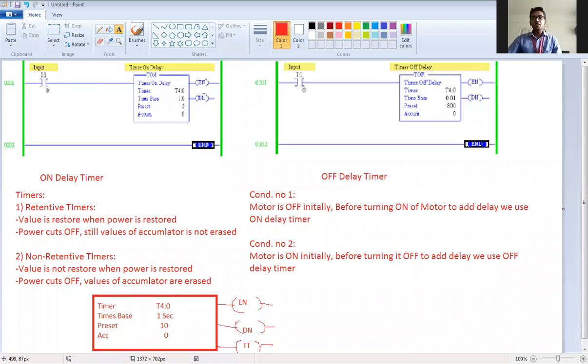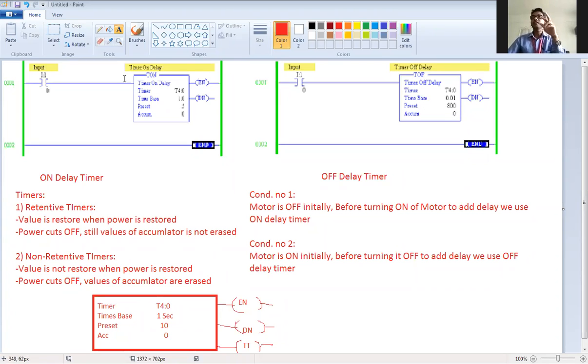Initially for the on delay timer, done is low. When the timer completes, it becomes high. And for the off delay timer, the done is high initially. And when the accumulator becomes equal to preset, done becomes low. This is the major difference.